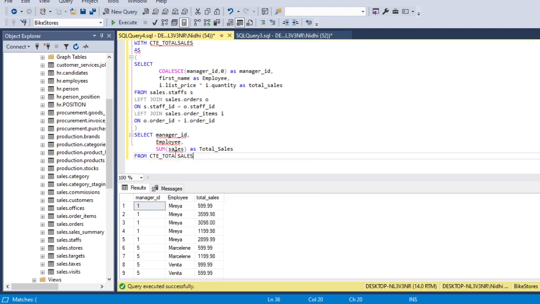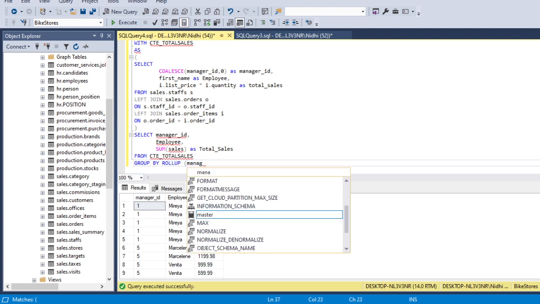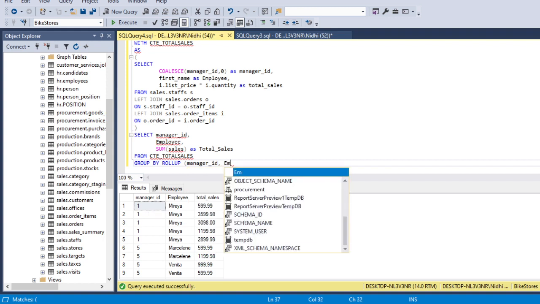As we have performed this sum aggregation function, we need to group by these columns. First we will use the rollup function here. The command for that is group by rollup, and then we will provide our hierarchy. Our top hierarchy is manager ID, and then we have employee.